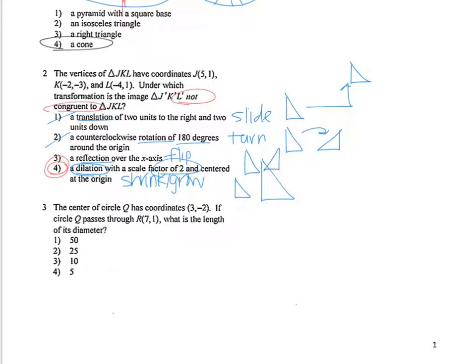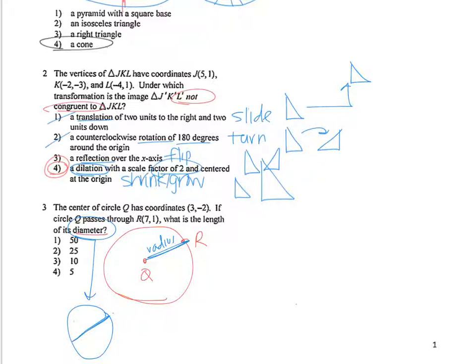Number 3 says the center of circle Q has coordinates of (3, -2), and it passes through R at (7, 1). What is the length of the diameter? So if we think about a circle real quick with the center at Q, and the circle itself passes through a point R, this piece is representing the radius, but we want the length of the diameter, and the diameter of a circle goes all the way across. So I need to find out the length of 2R in order to have the diameter, meaning 2 times the